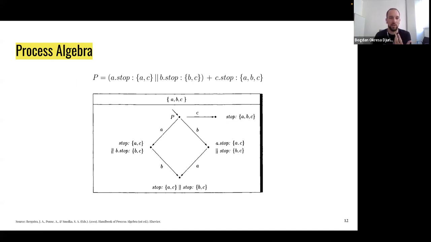The symbol in between is a parallel. So basically, we can have the first element running in parallel with the second one. And then the plus sign basically means that at this point in time, another process can happen, and that's the third one. This example is taken directly from the book reference below, but let's just say that if we start with 3 processes waiting for something to happen,